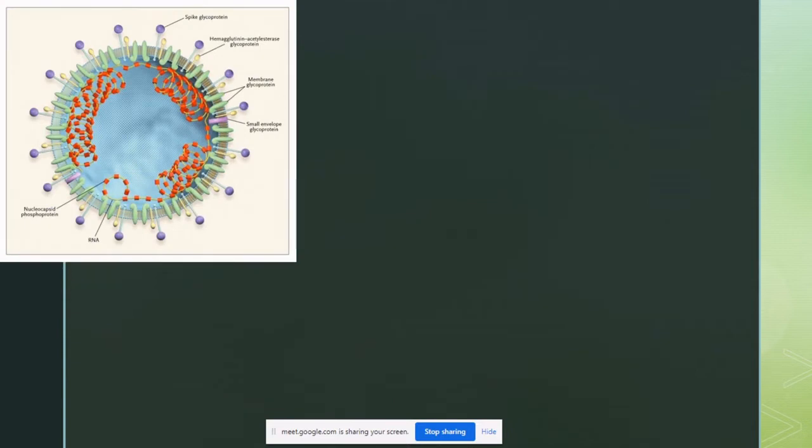Can you tell me which virus I have shown on the screen? I don't expect you to look at the picture and tell me the name of the virus, but at least from the names that are depicted in the picture, can you guess what kind of virus it could be? As you can see, it's an RNA virus, right? You can also see there are spikes on its surface, and the name of the spikes is hemagglutinin. It is an influenza type of virus I have shown, and this is similar to what we are dealing with right now, a coronavirus, which is also a similar category of virus.